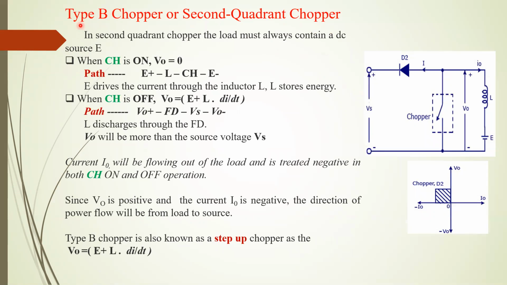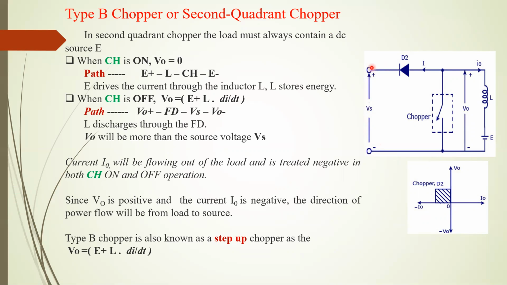Now coming further, type B chopper. What is a type B chopper? Here in this type B chopper, this is my chopper. Again, there are two modes of operation, when the chopper is on and when the chopper is off. Let us see what happens when the chopper is on. When the chopper is on, here